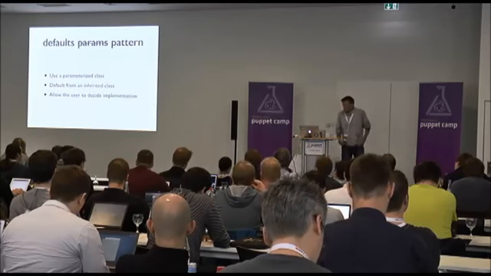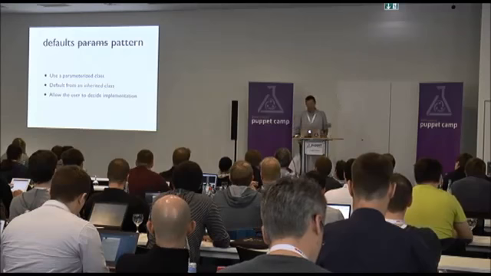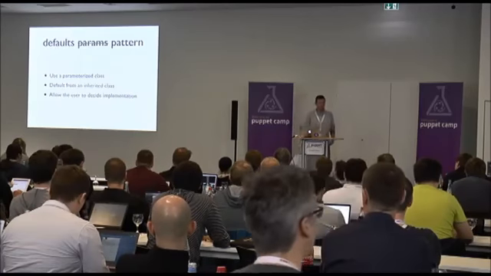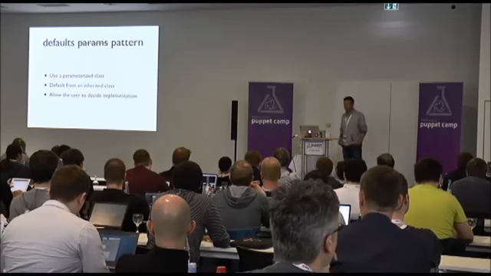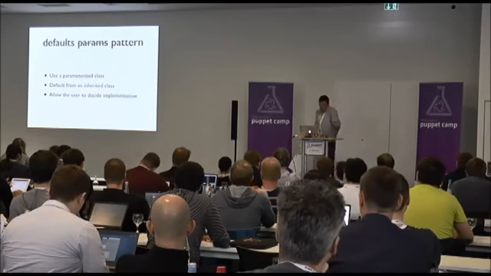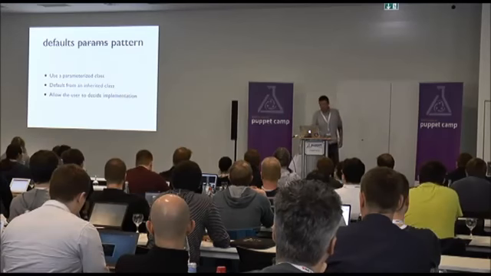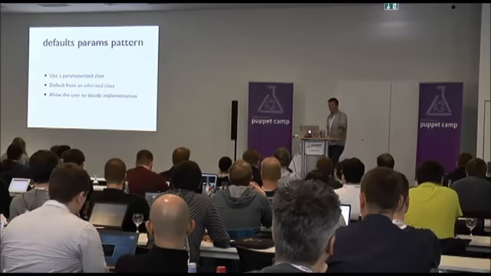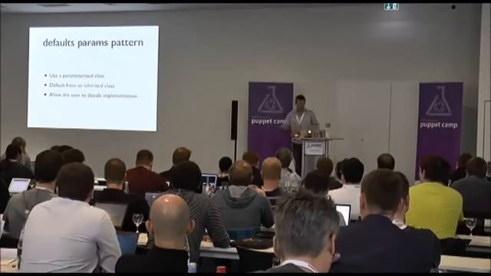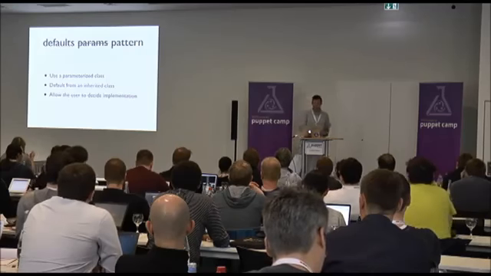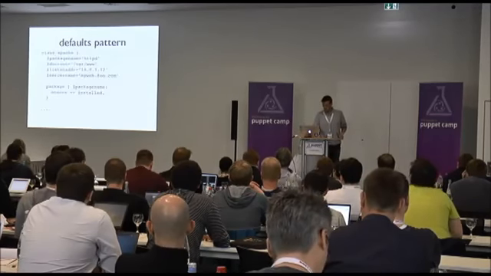So the pattern that gets used for this is the params pattern. The params pattern has been around since pre-Hiera and has sort of evolved and gone through several iterations. I will probably get shot for it and never use this term again, but I thought I'd throw it out there. I think defaults is a much nicer name. But the idea is the same. So we use a parameterized class, and we default our variables from an inherited class, and we allow the user to decide implementation. So going back to our Apache class,